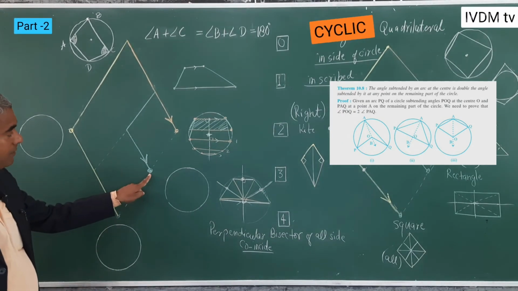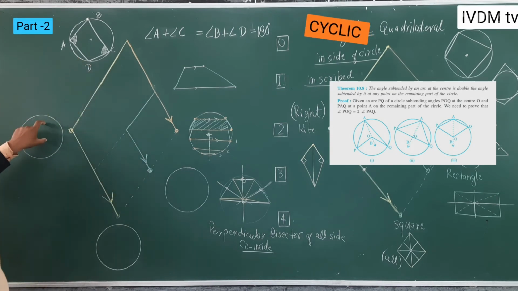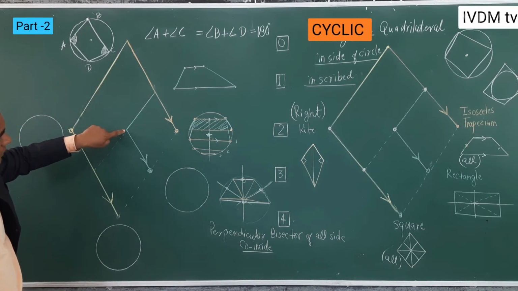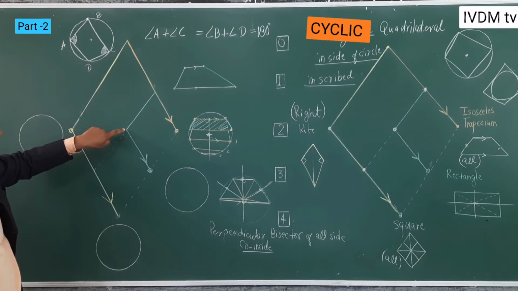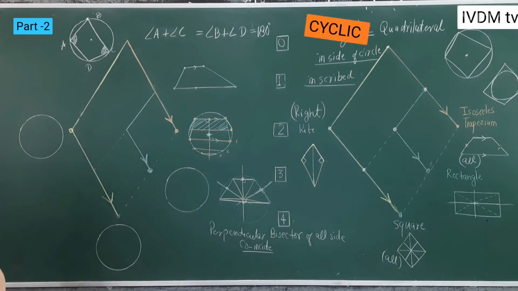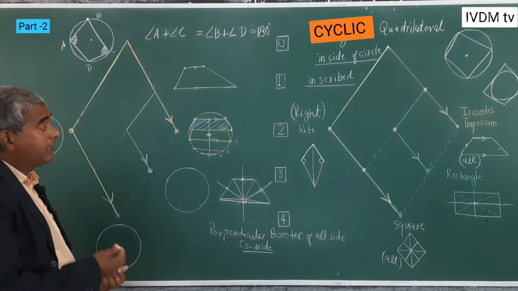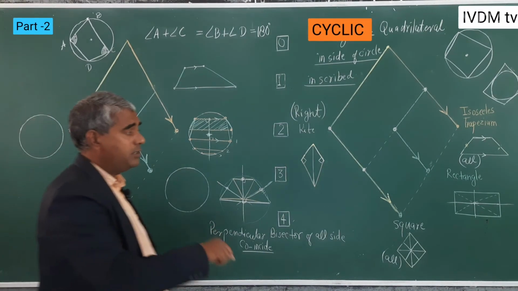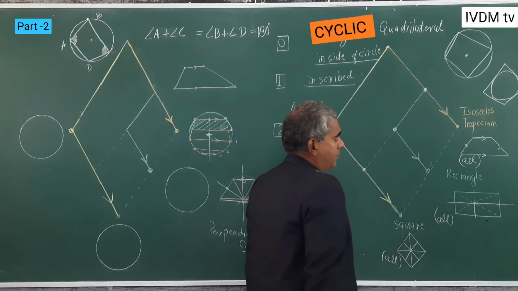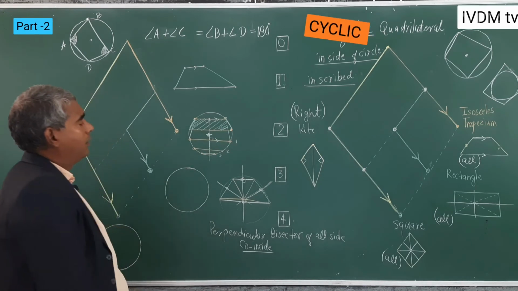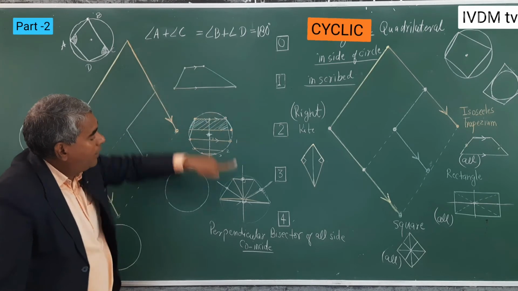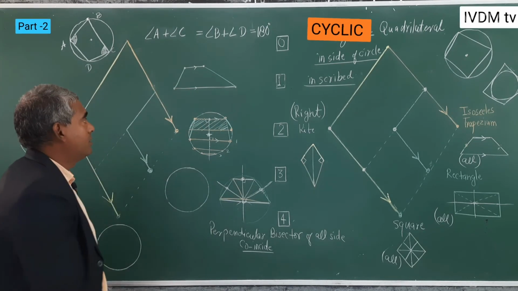Now come to this part also, but first come here. This was the parallelogram. After that, the parallelogram to this point is a rectangle. So how will you find a rectangle? All rectangles are cyclic quadrilaterals. One thing more, this condition also holds in this case. Why? Because